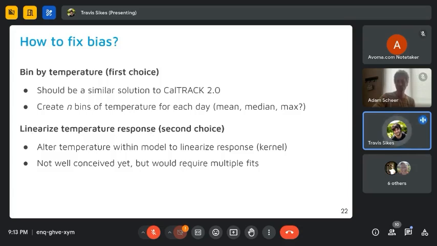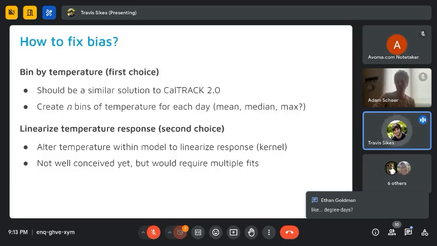The other idea that we have is we could linearize the temperature response. Now, what we would do here is alter the temperature within the model to linearize the response of the model, and we would likely do this with some kind of a kernel. This idea is not extremely well thought out. It's still kind of in its infancy.